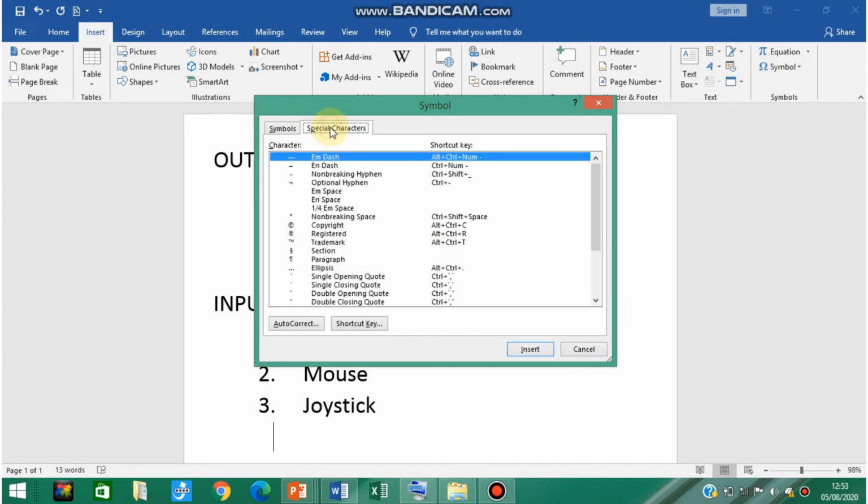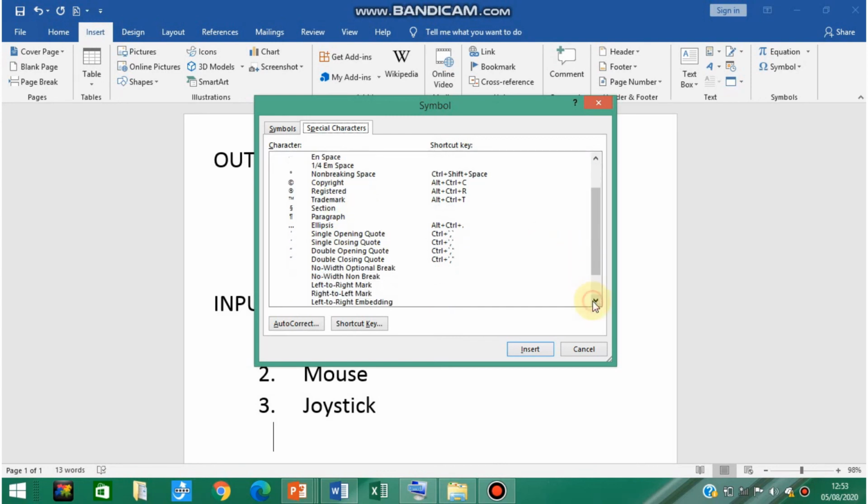Click on that, and the list of special characters appears on the screen. Check whichever special character you want to enter. Fine. Suppose I want to enter this copyright special character. You just have to select that and then click on insert. In this way you can add symbols or special characters to the document.